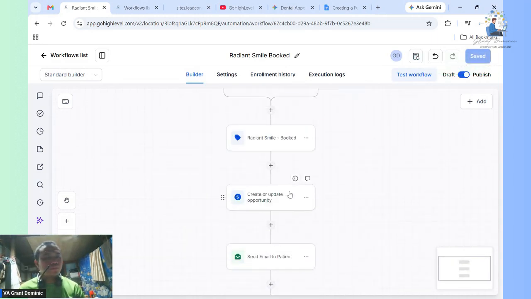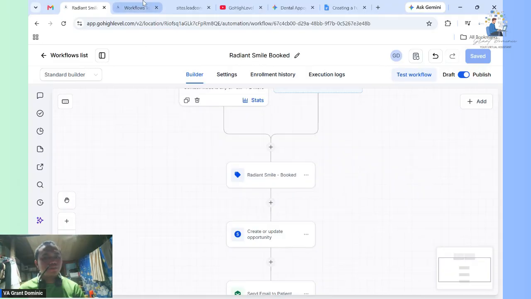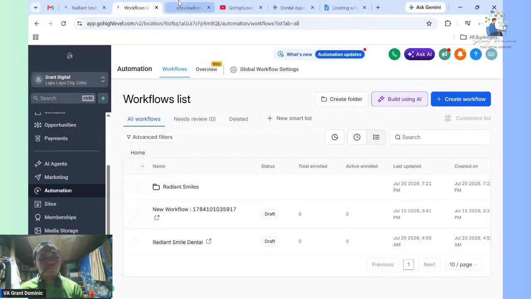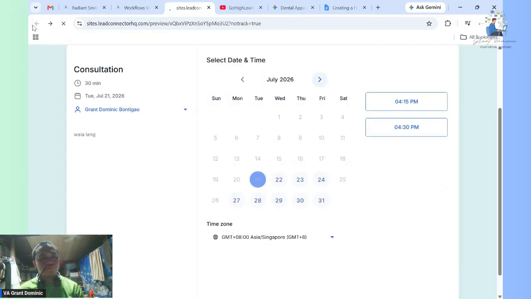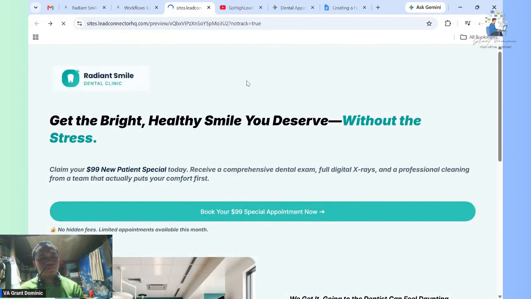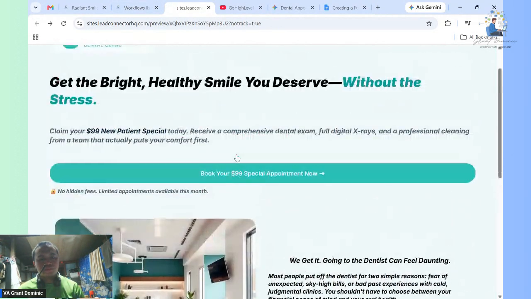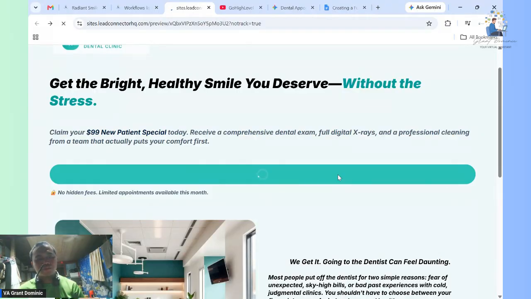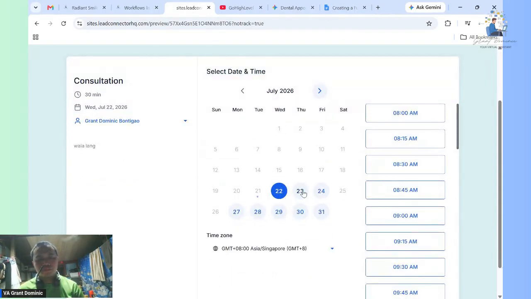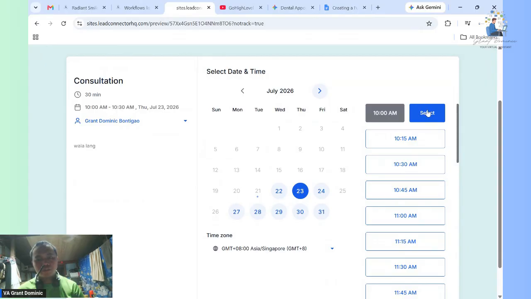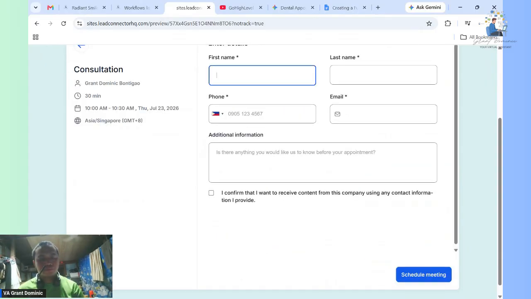So we will test it if it is working. Book your maintenance special. Just at 23, 10 a.m. Select. So via rain.